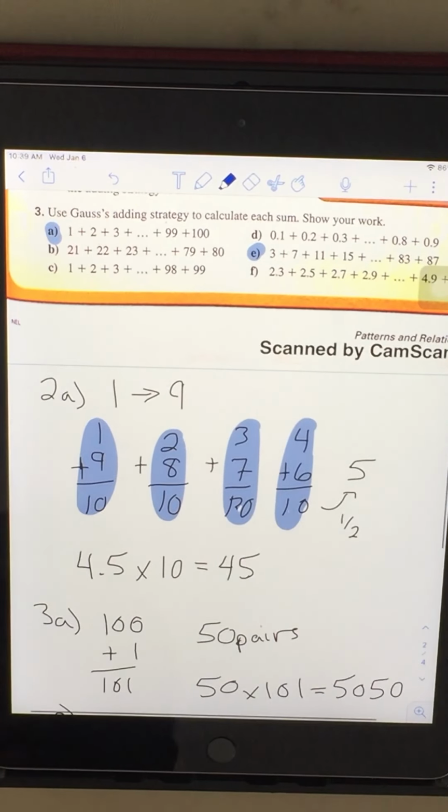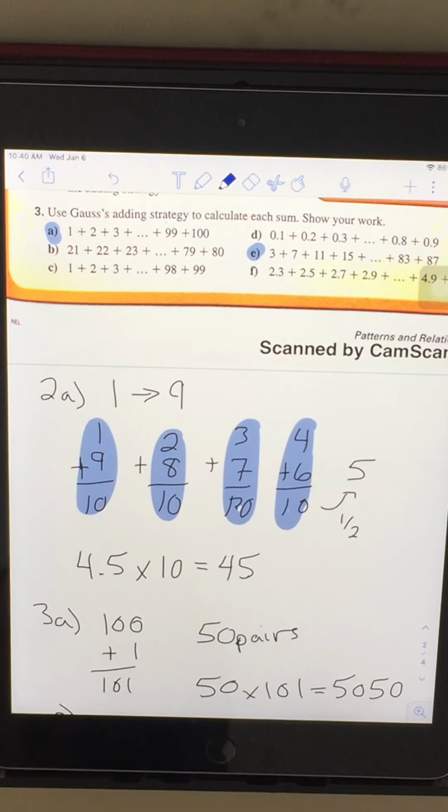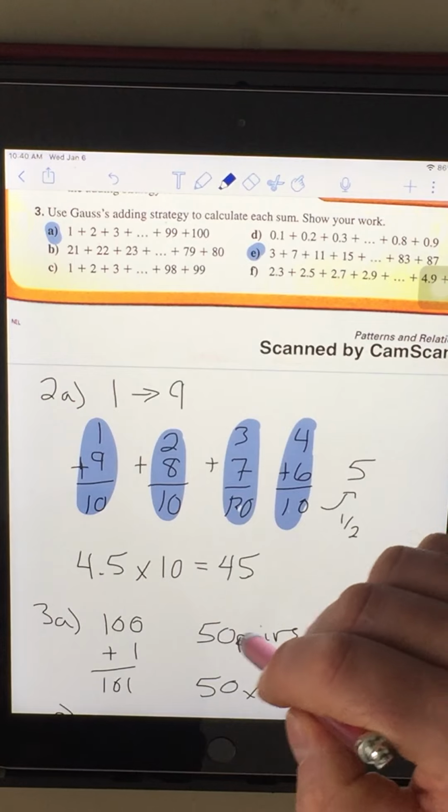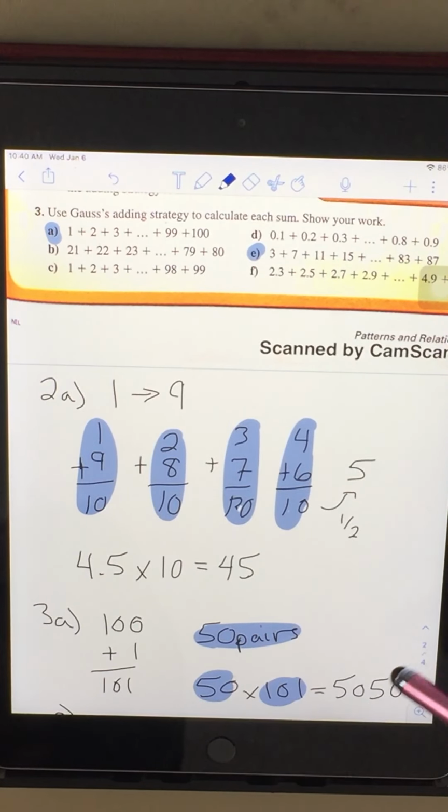So 3A, we have the numbers from 1 to 100, so we pair them all up. Well, 100 plus 1 would be 101. 99 plus 2 would be 101. All the pairs pair up and sum to 101. If we take 100 divided by 2, we end up with 50 pairs. So we take 50 pairs times 101, and the sum of all of the numbers from 1 to 100 would